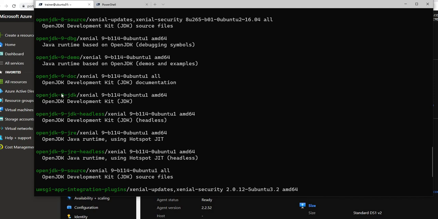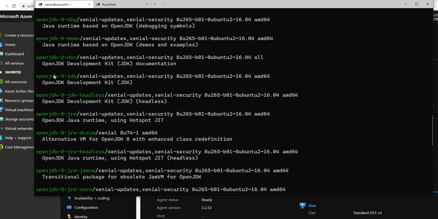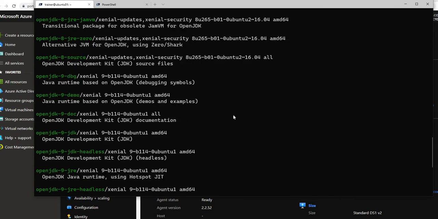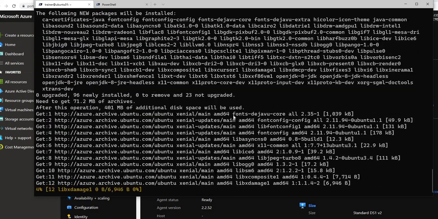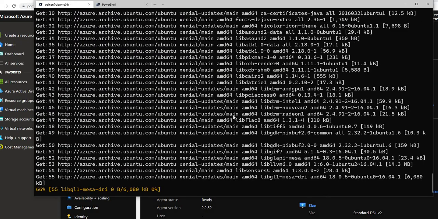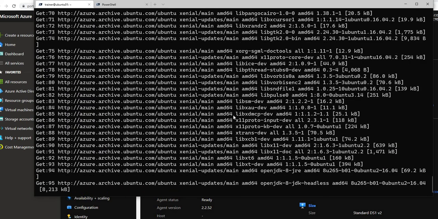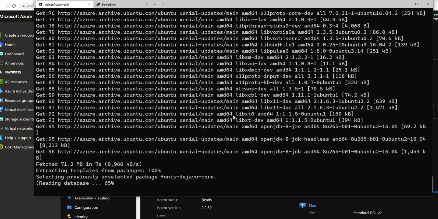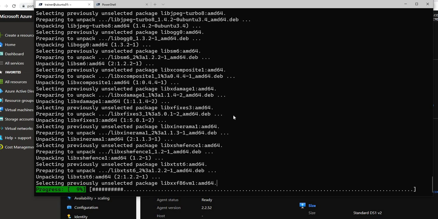So let me go with OpenJDK 8. sudo apt install openjdk with -y, because I'm telling it not to ask me for confirmation, just install it. Now this Ubuntu will have Java.